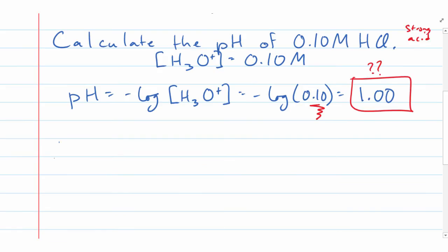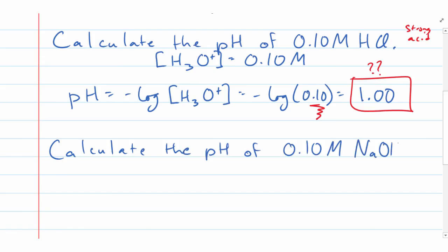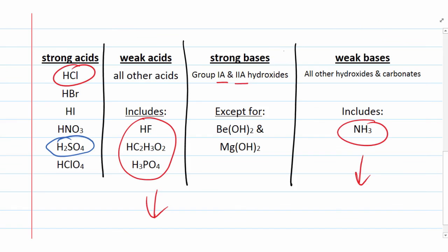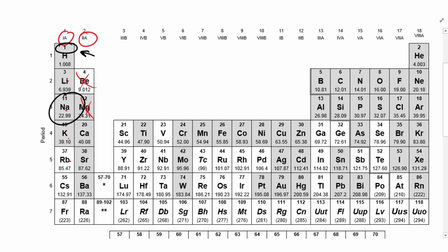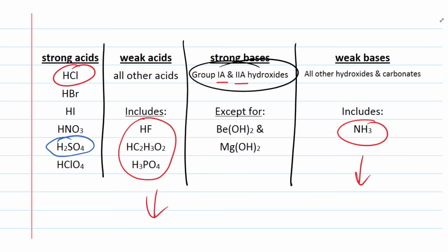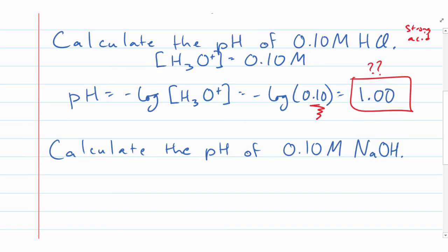And we say, let's calculate the pH of 0.10 molar sodium hydroxide. Well, sodium hydroxide now we would classify as a strong base because it is a group 1A hydroxide found right here. Sodium hydroxide is going to be a strong base. So, if it's a strong base,